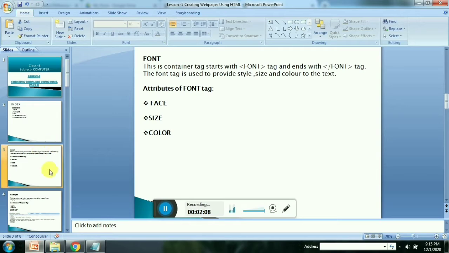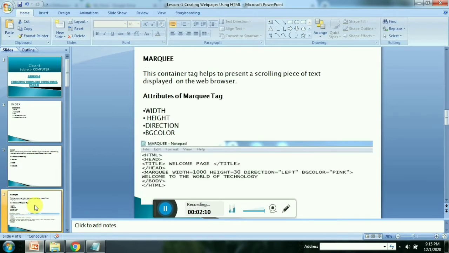Now the next one is the marquee tag. The marquee tag is also a container tag, and it is used to present a scrolling piece of text displayed on the web browser.